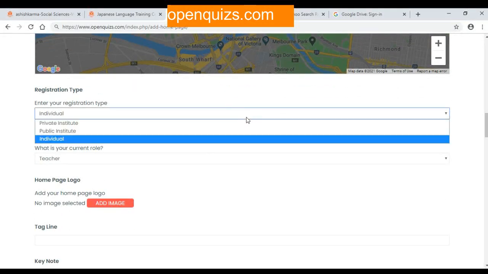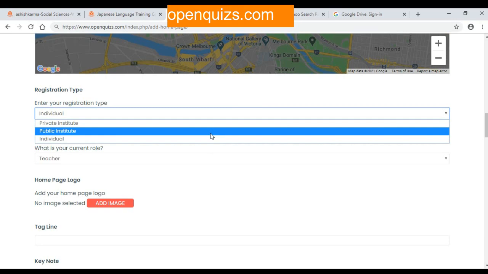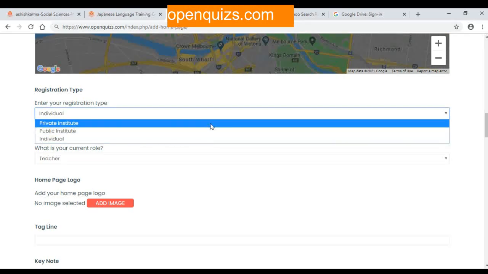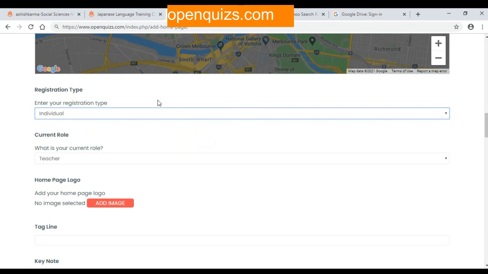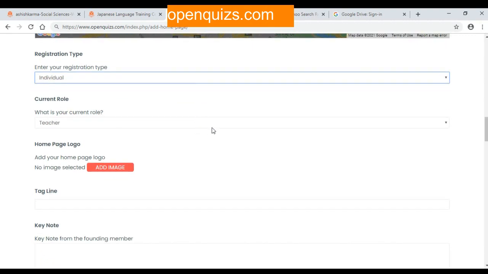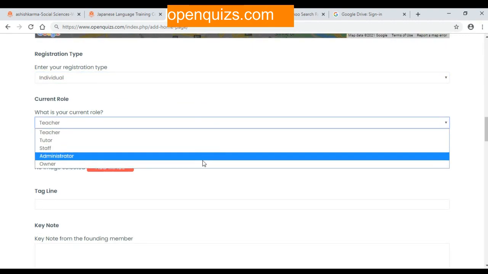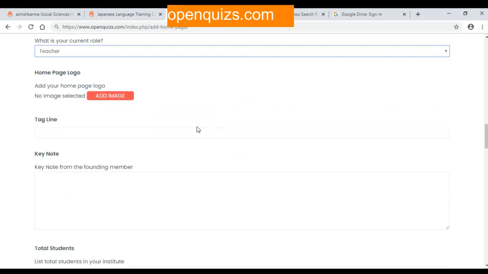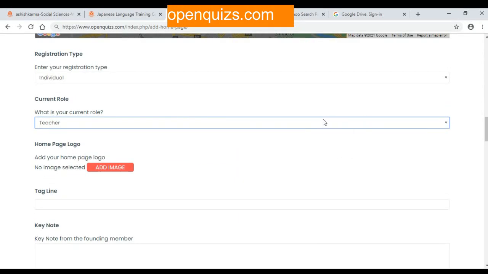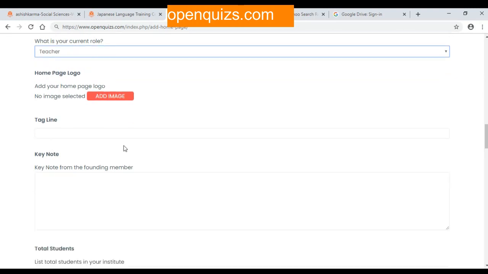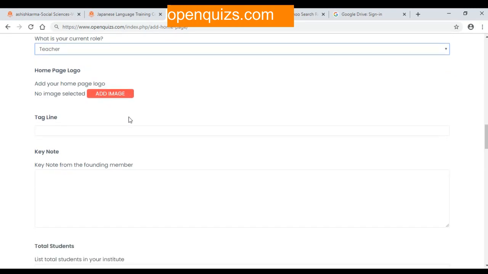And if you are registering as an institute or an individual, a public institute or a private institute, you can just mark it. Let us suppose you are an individual, you can just mark it as individual. Then are you a teacher, tutor, administrator, staff? You can have it anything. Then homepage logo, again you can put a homepage logo.